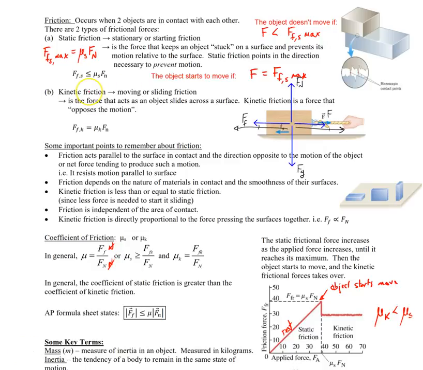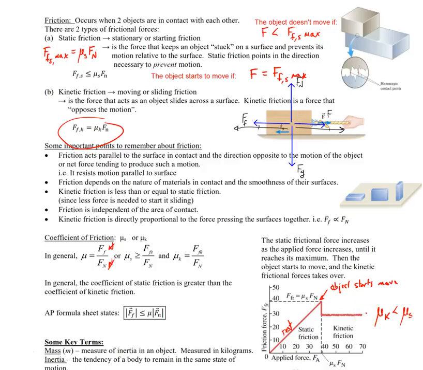Going to the kinetic frictional force. The kinetic friction force is shown right here. It's always equal to mu k times Fn. Again, as I mentioned, the kinetic friction remains constant. It doesn't change. No matter what you apply as an applied force, it's always going to remain at a constant